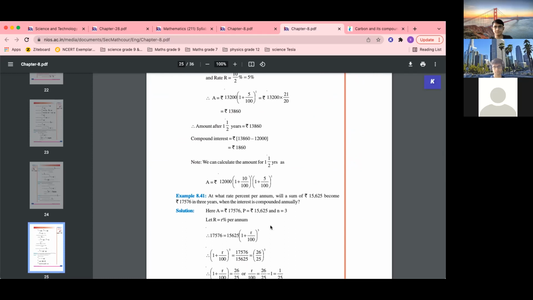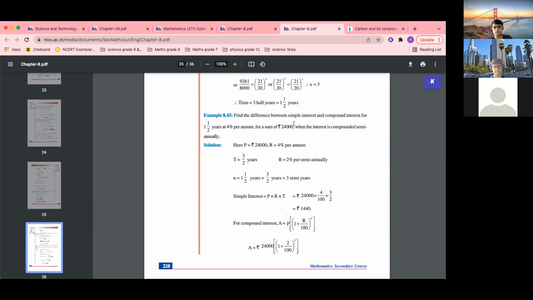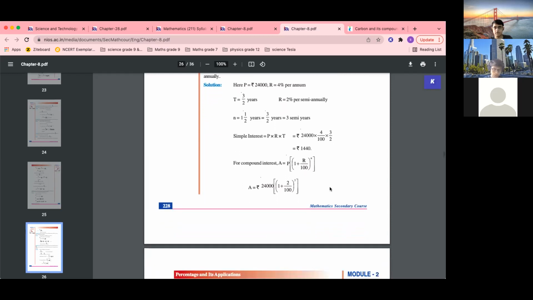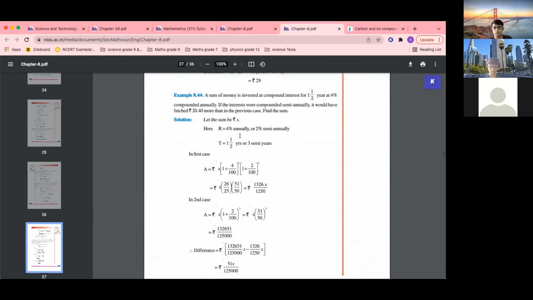So the same thing we will use over here also. See, a similar question was here: difference between simple interest and compound interest. This one we did just now, the same type of question. 1 plus R by 100, 3 semi years. So in PRT we did this one, rupees 440, and again half yearly, raised to Q. Okay. So this question was similar.